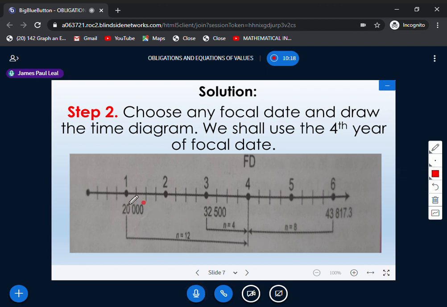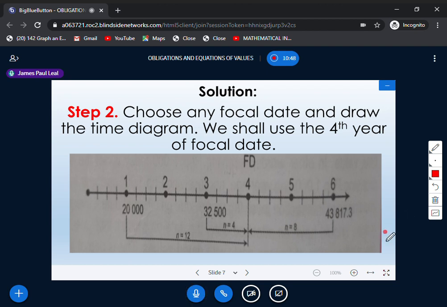So, let me just repeat that. In your first year, you have 20,000 as your first final amount, your F sub 1. And for the second final amount, for the third year, you will be having 32,500, F sub 2. And for your F sub 3, the final amount for the 6th year is 43,817.3, okay? So all you have to do here is find the value of your N